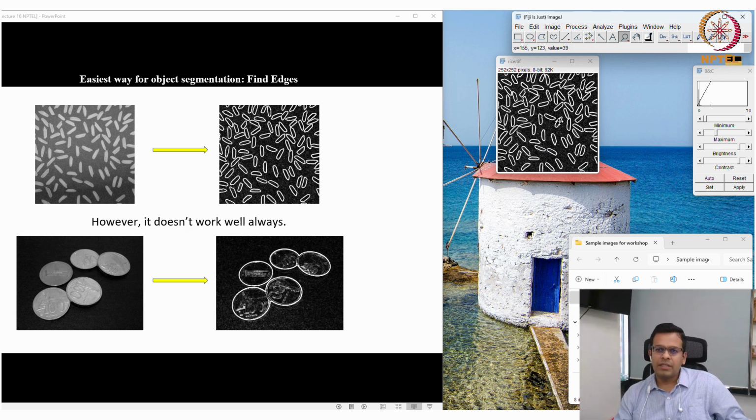But it only works if your background is very clear and your particles are well separated. Let's say in this image, these coins are lying here and they are overlapping with each other, right? If you use this find edges operation with this image, it will find the edges like this. So even though there are 2 coins, it will segment it as a single object instead of 2 different objects. So this find edges option may not work in all cases where the objects are overlapping like this. If the objects are well separated, you can still use find edges.